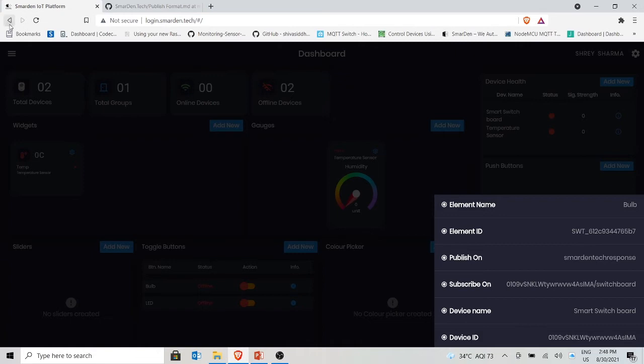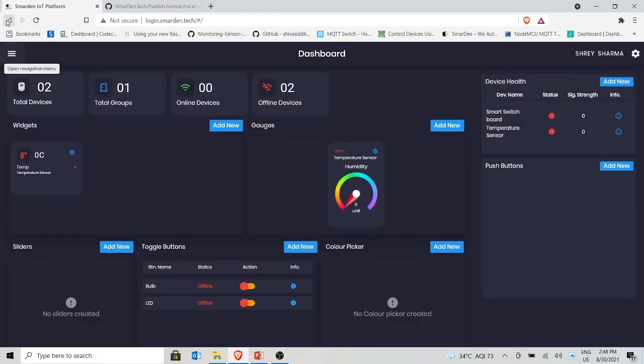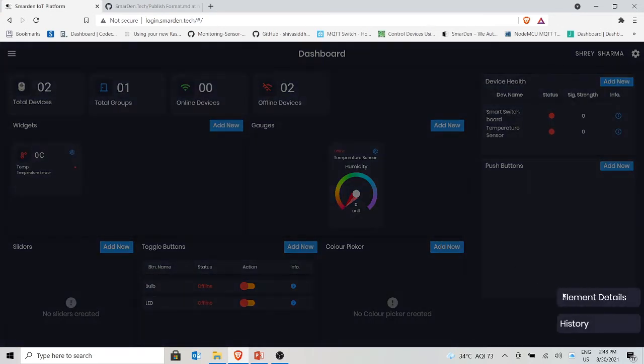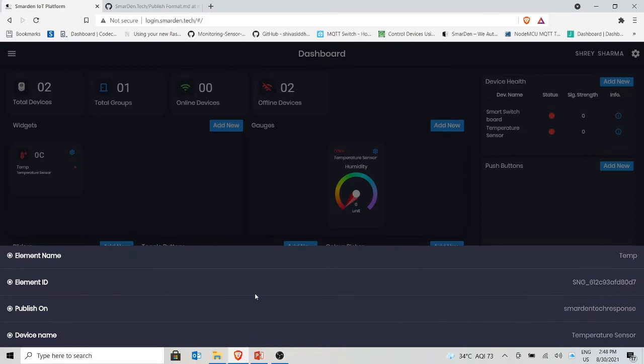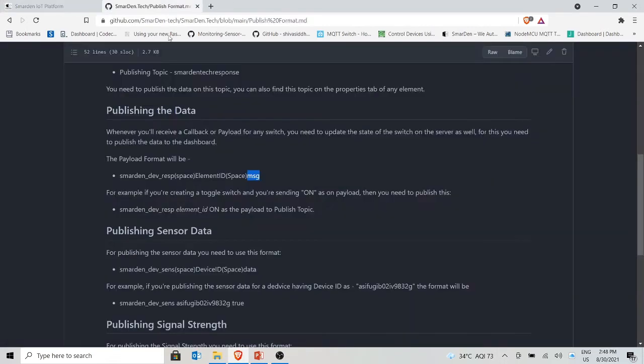Let me again go back. Now for temperature, if I click on this settings icon, I get the element details. I have this element ID and I need to publish the temperature on this similar topic. To publish the sensor data, I need to write the payload in this format,